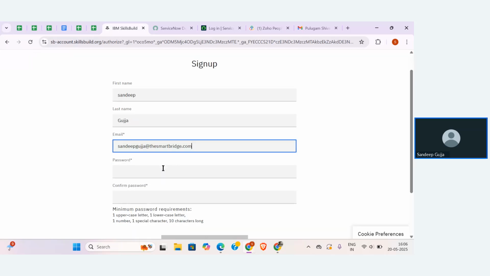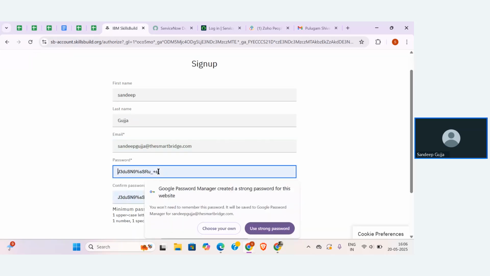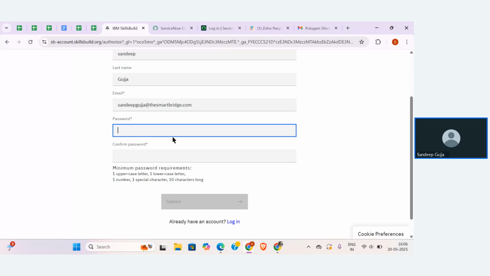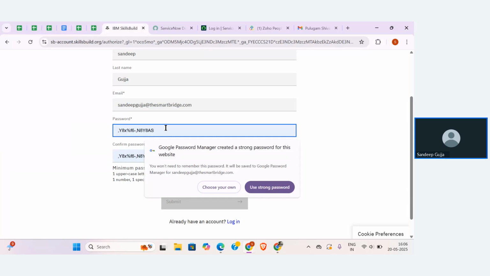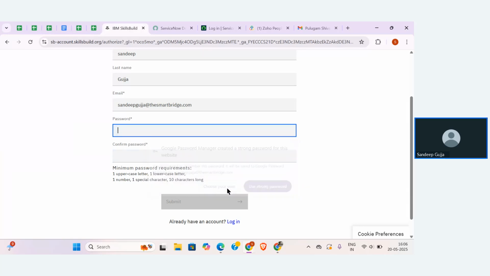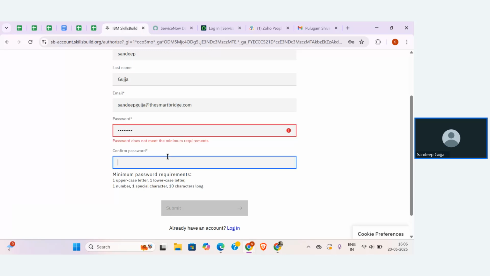Okay, so everyone got the form, everyone filled the form, right? Whatever the form mail ID that you have given over there, the same mail ID should be given in this particular place. And then after, prefer your own password, and that should match the criteria as well.